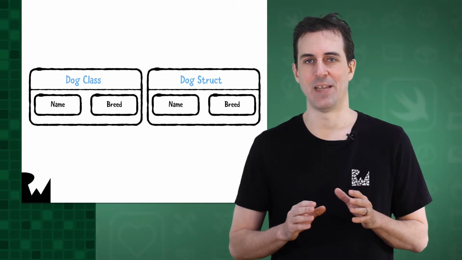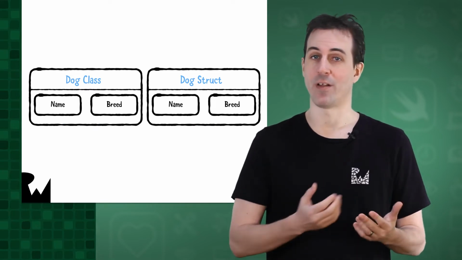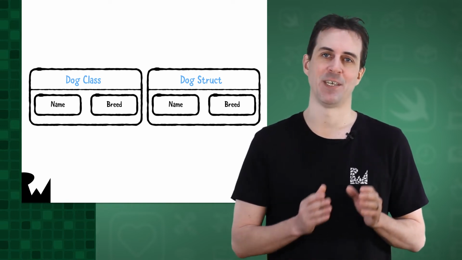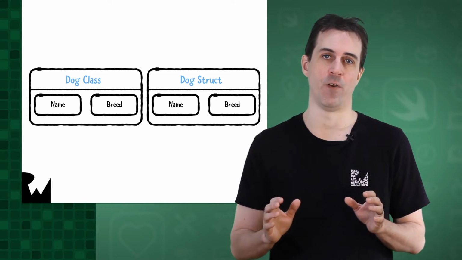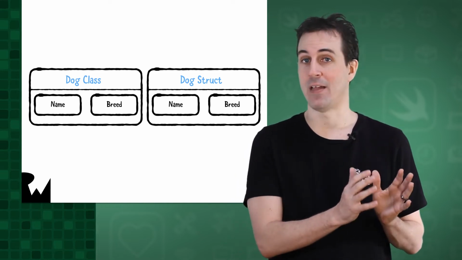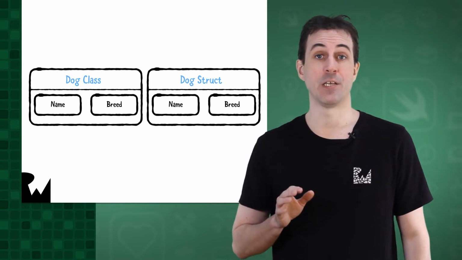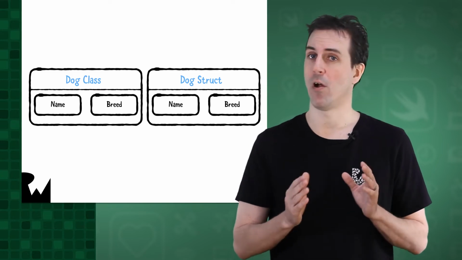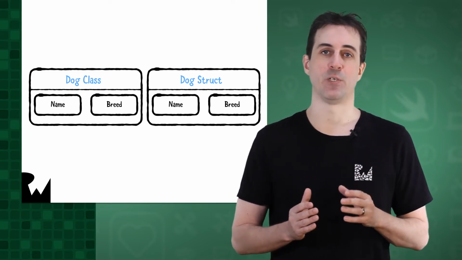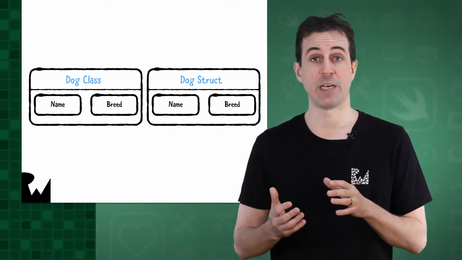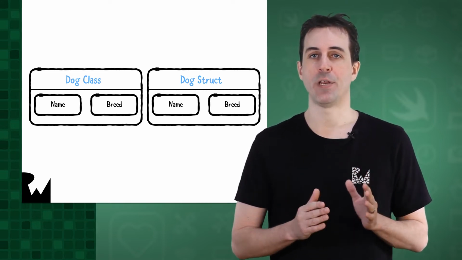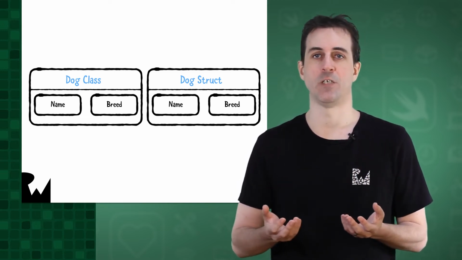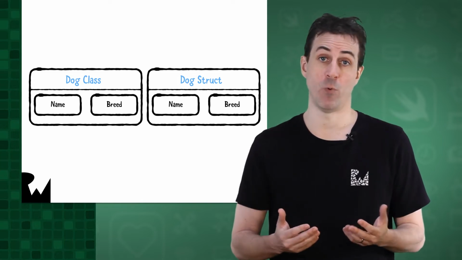There are 2 main ways to define these templates in Swift. You can either use the keyword class, or you can use the keyword struct. In some programming languages, class and struct are radically different in functionality. Usually you can do a lot more with classes than you can with structs. But in Swift, structs are very powerful and full-featured, so the differences between the 2 are a lot more subtle. You'll learn more about the differences between classes and structs in the course Programming in Swift Fundamentals. But you don't need to worry much about the differences between the 2 in this course. For now, just think of classes and structs as fairly interchangeable, and for this course, we'll be working mostly with